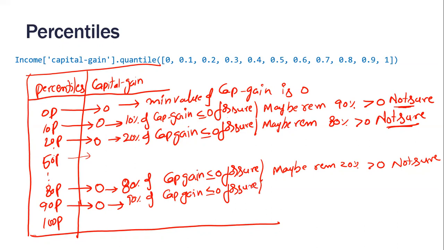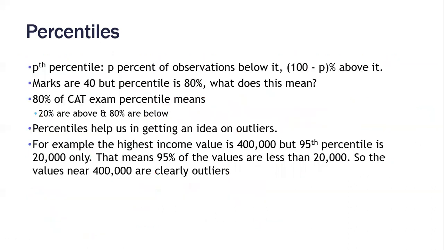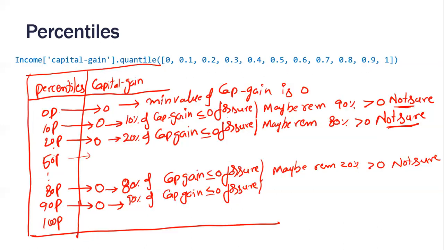Hey, why are you so sure? How can you be so sure? Because I have seen from minimum to 10 to 20 to 30 to 40. Have we really clearly read completely until 90% of the data? Have we understood until 90%? What is there to understand? Everything is 0, 0, 0, 0 only. 90% of the data is 0. We got a good clarity on that. Yes or no? Agreed or not? 90% of the data is less than or equal to 0. In this case, it is actually 0 for sure.